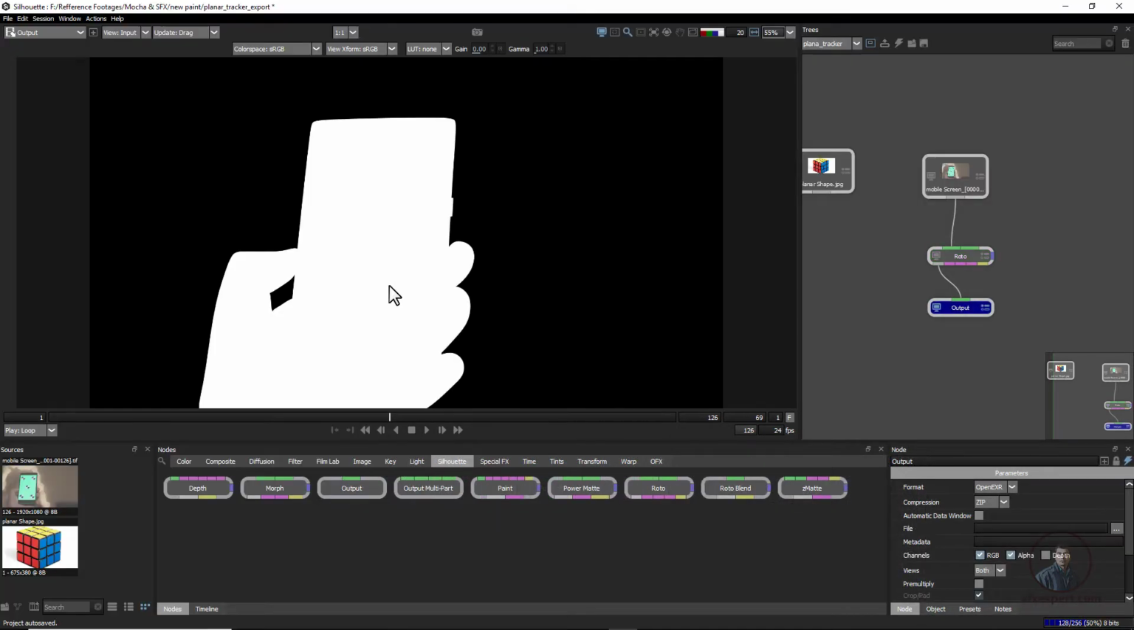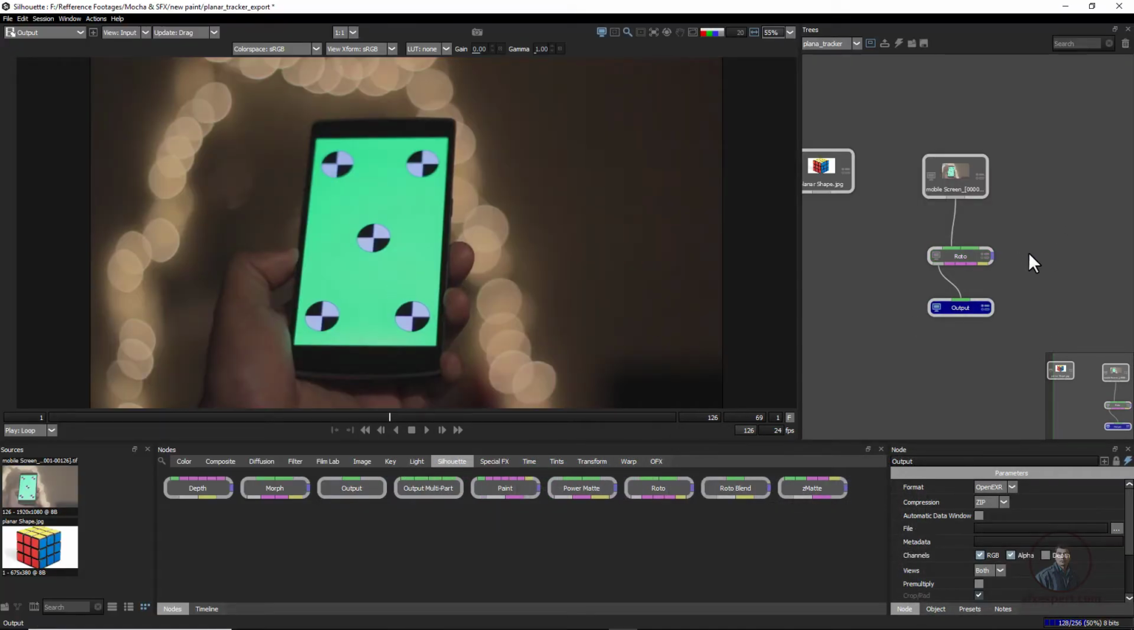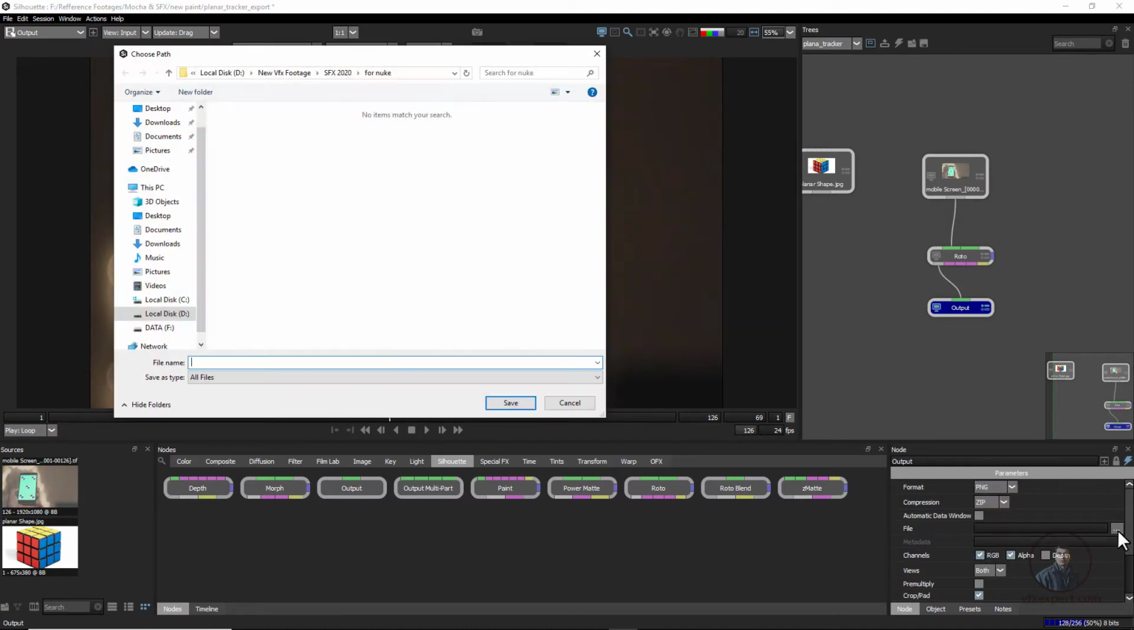Okay, now again press A here, then come in our tree area, then select our output node here, then downside from in format option you can select your format, maybe TIFF, maybe PNG, maybe EXR. This totally depends on you. So I am going to select PNG here, then in file just click here and select your folder where you want to save your render. So I have selected the save folder. Just give a name,